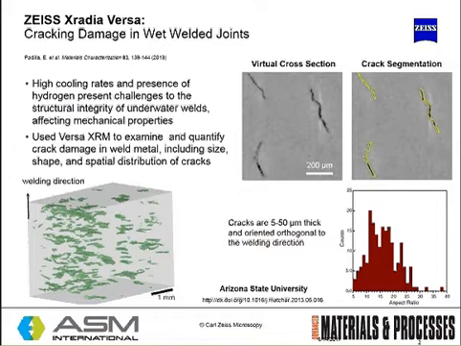That can seriously affect the mechanical properties of the weld. So in this case, X-ray microtomography and image analysis are employed to image and measure crack length and morphology in the weld metal of a wet welded low carbon steel joint. The images were corrected and the cracks were segmented and post-processed to correct for artifacts, for example. And then the size and shape parameters were measured to show a large average value for the ferrite diameter, which